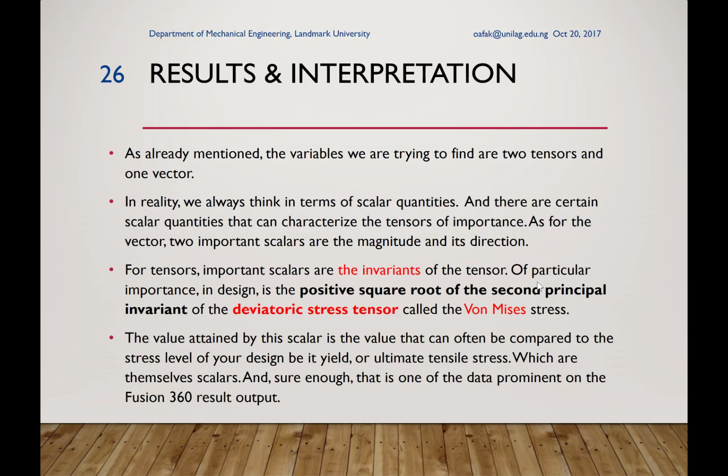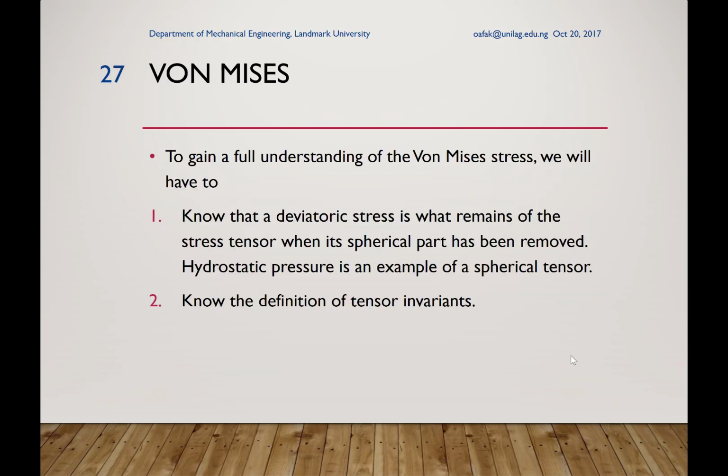Before we move on, let us remember that even though the von Mises stress is very important, it does not fully characterize the tensor. It is just one, just like you cannot fully characterize a vector by simply knowing its magnitude. You must also know its direction. If you want a full characterization of the stress tensor, you will need to know at least 3 principal invariants. There are several ways of measuring this, but for our use now, we just know that we will be coming across the von Mises stress, and it is just one of the invariants that we might be interested in.